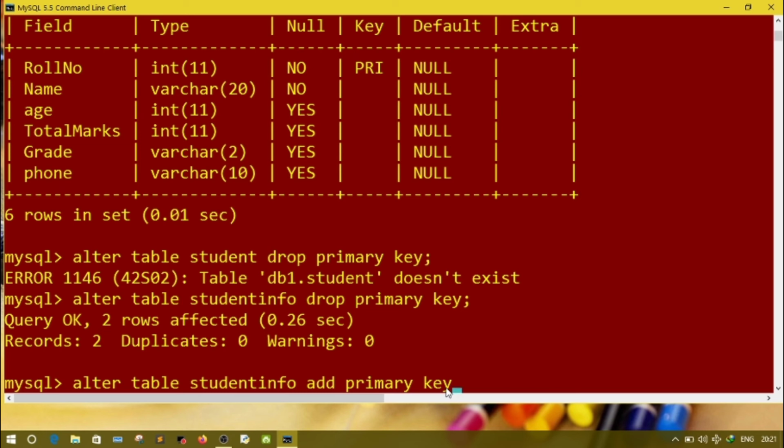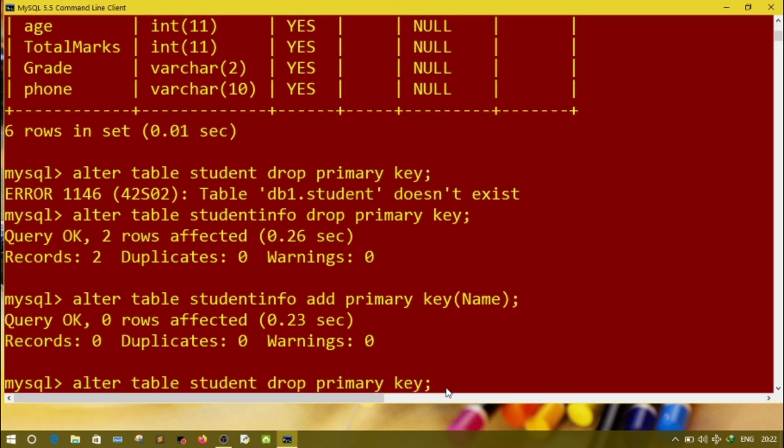After primary key, in bracket you will mention the column on which you want to set the primary key. As I want to set it on phone number, but phone number is already null, so I can't set it. I will set it on name. So name, semicolon, enter.